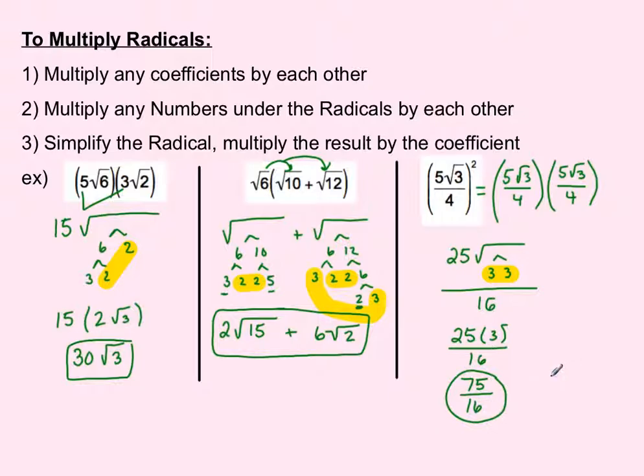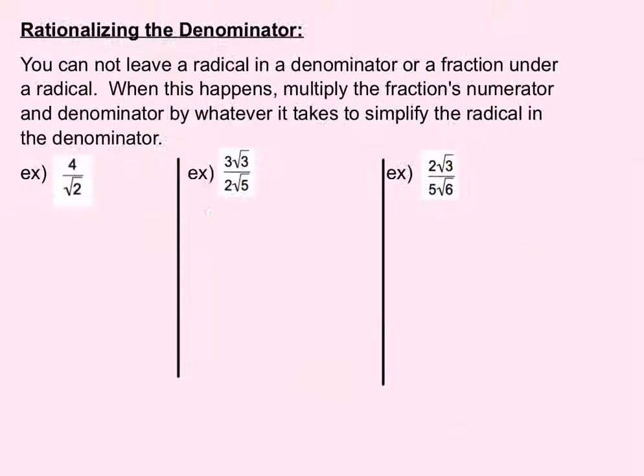if possible. Okay? Last thing, rationalizing the denominator. You cannot ever leave a radical in the denominator of a fraction. If that happens, you need to multiply the fraction by a fraction equal to 1. So you need to multiply by a fraction that has the same numerator and denominator. And the thing that you're going to multiply is going to be whatever you need to make this radical on the bottom go away,